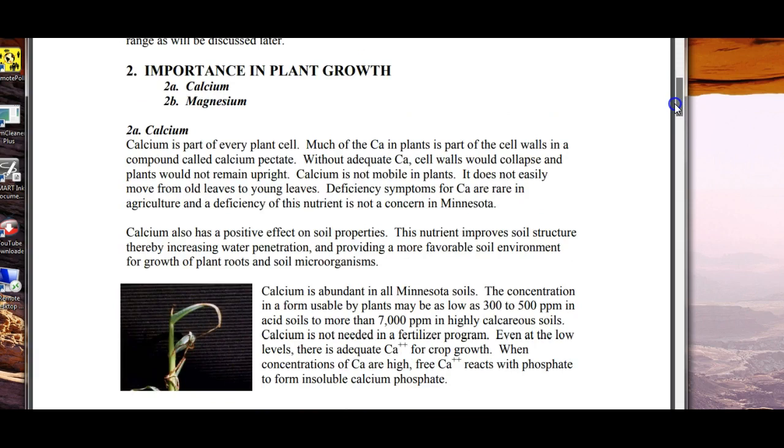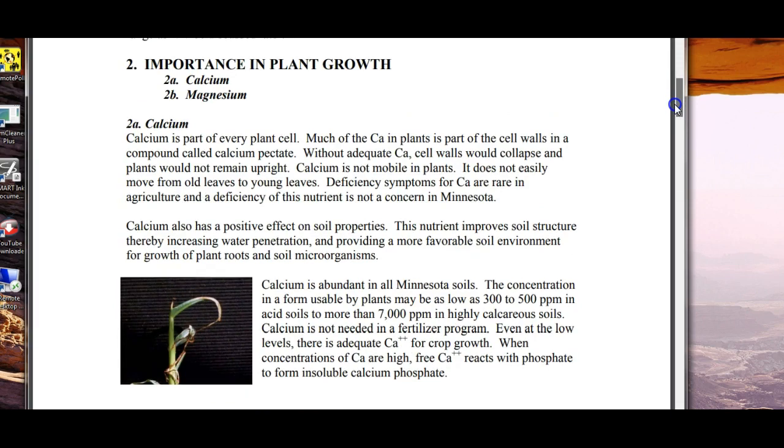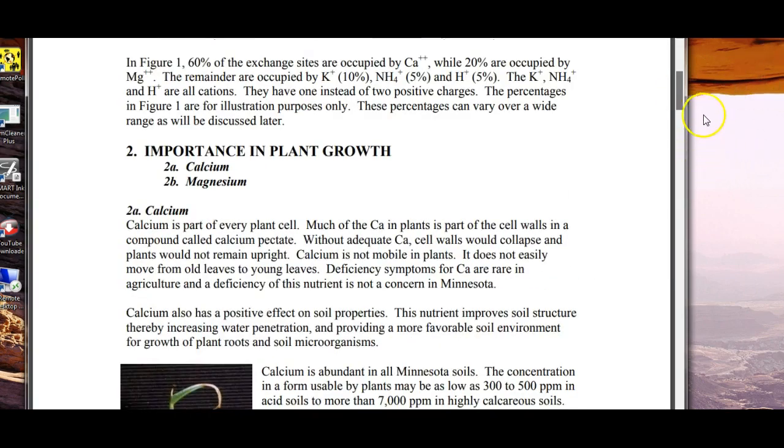So what is the importance in plant growth? Let's just look at calcium first off. Calcium is a part of every plant cell, and the biggest portion of what,